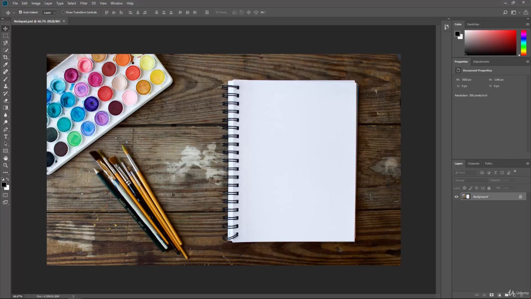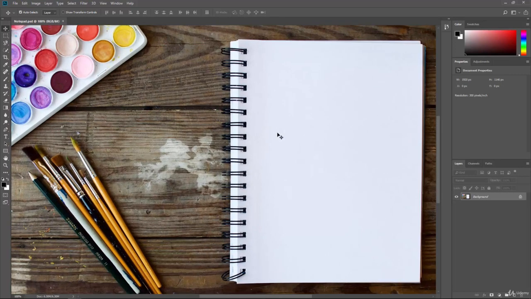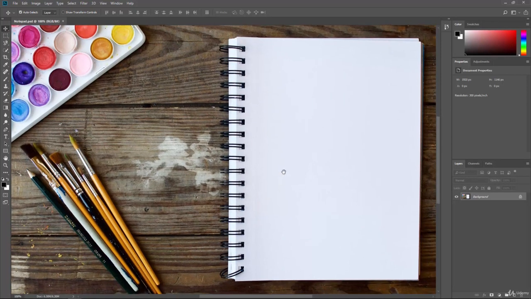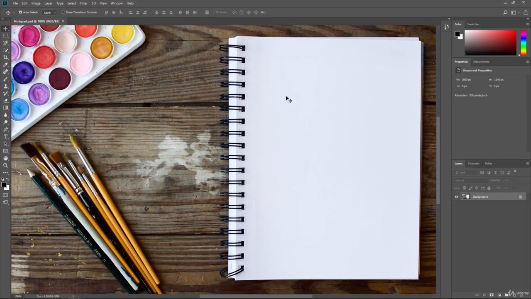So here we have an image, it's notepad.jpg, or if you're following along, notepad.psd. It's 1920 by 1146 at 300 pixels per inch. So this is for print, and we have a nice pixel resolution, so it'll be nice to color and draw on. Let's just go ahead and zoom in one time. So we're at 100% here, and this will just give us a little more room to color and mess around.